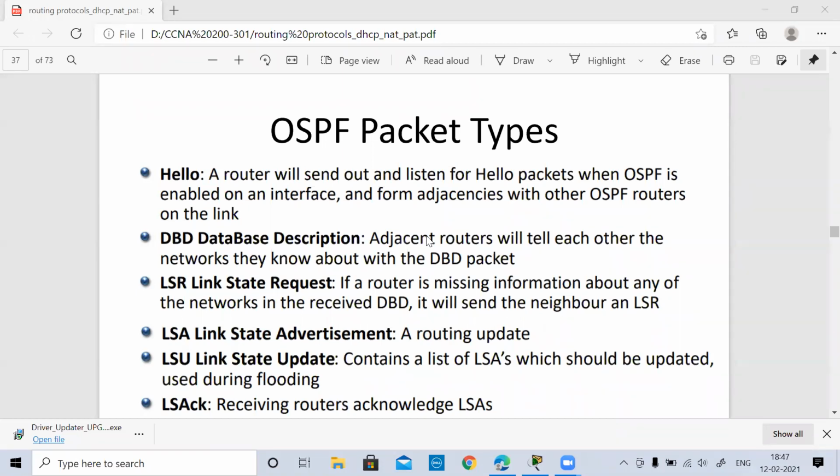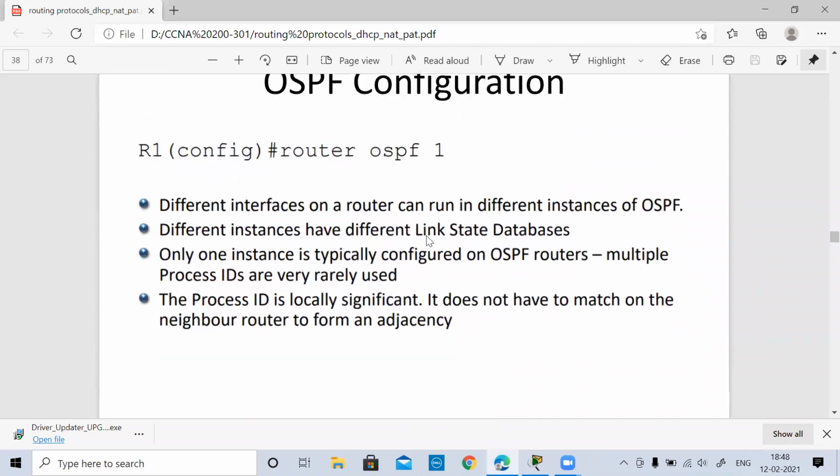Each can be elaborated in a very rigorous manner, but we are not going to dive into the details of each of these packets. OSPF itself can be considered one of the broader topics, which generally people who go for CCNP and expert level certifications do a lot of configuration with. At CCNA level and for the interview level, we will only understand the basics over here. So these are the different packets OSPF has. Next is the configuration part.